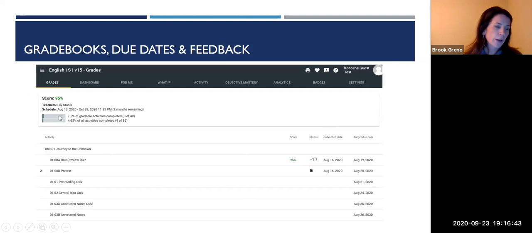This bar is important. I always point this out to students. This is the gradable activities. So as you get to the end of the course, we talk about percent completed, and that's what that is referring to. So if we're saying you need to be 80% completed with the course in order to take a final, that's that number that you want to refer to up there.